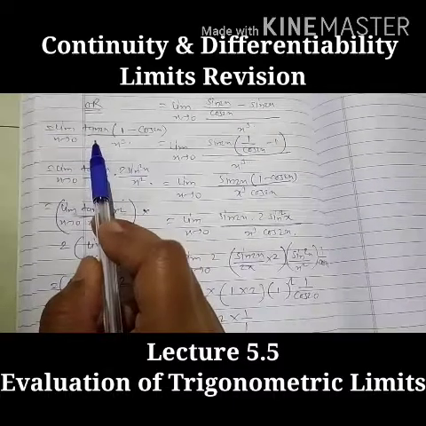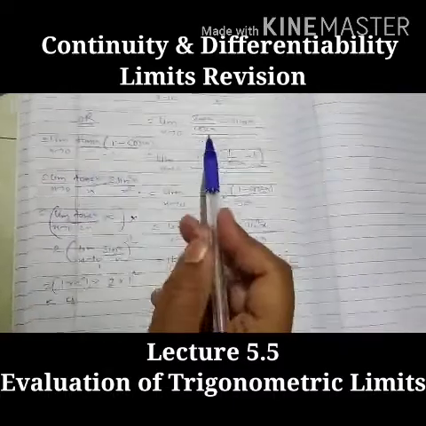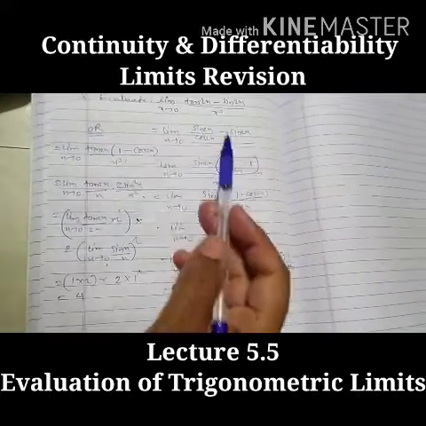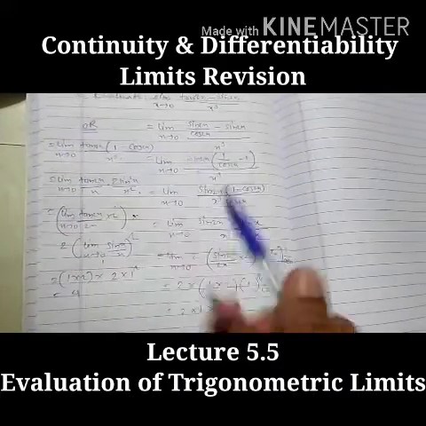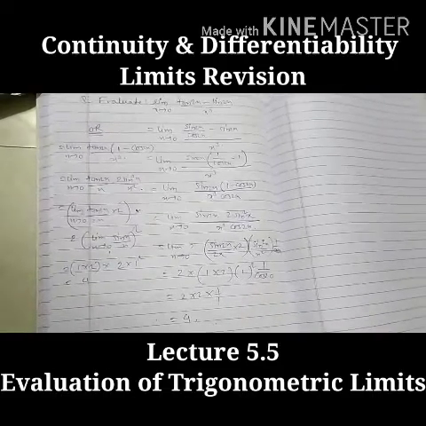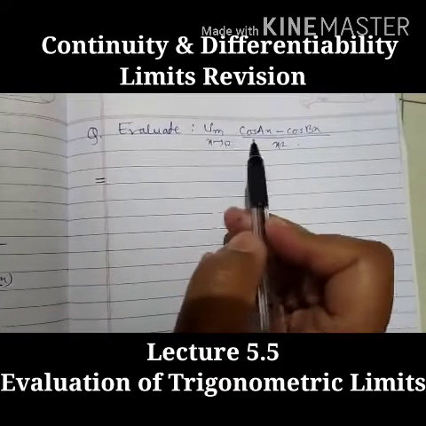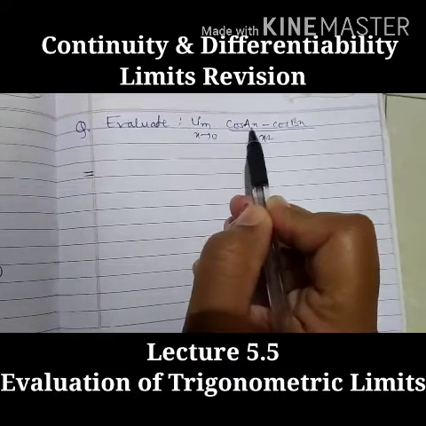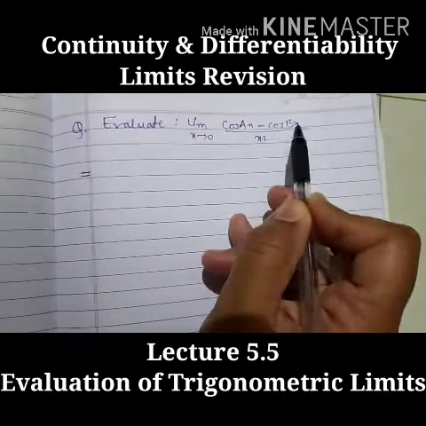Now you can take common tan x, otherwise you can go by the regular method. Understood? Now these types of examples you can solve by using n number of methods. Understood? Only the answer should be correct. Now the next example is evaluate limit as x tends to 0 of cos of ax minus cos of bx upon